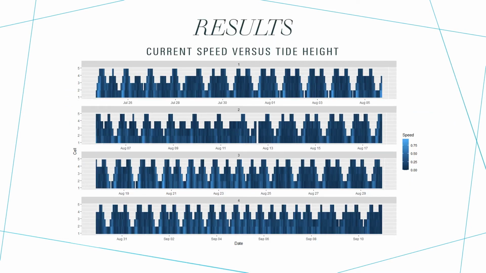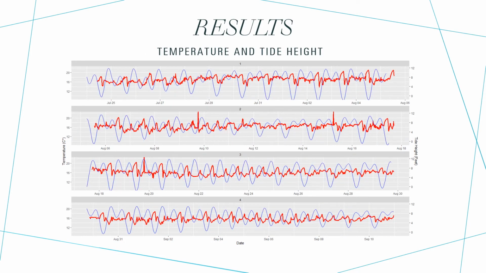Pictured is a heat map of current speed versus tide height. Light blue regions indicate faster current speeds, while darker blue regions indicate slower current speeds. Vertical bins indicate the distance from the seafloor at which the ADCP could detect water, with each bin representing 2 meters of depth. Next up is a time series of temperatures and tide heights, indicated by the red and blue